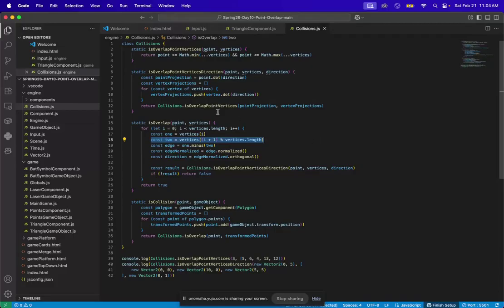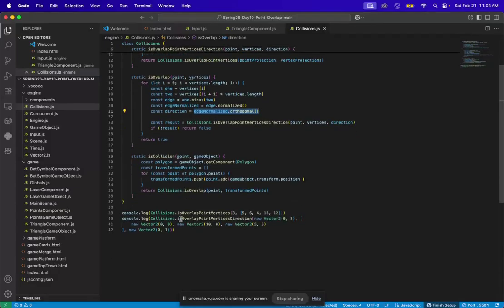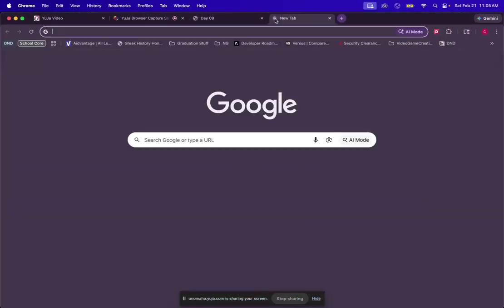Then we get the edge vector itself, and then we normalize it so it's at a range from 0 to 1, and then we get the orthogonal vector, the vector at 90 degrees from the one we did. So the way we can actually look at this is